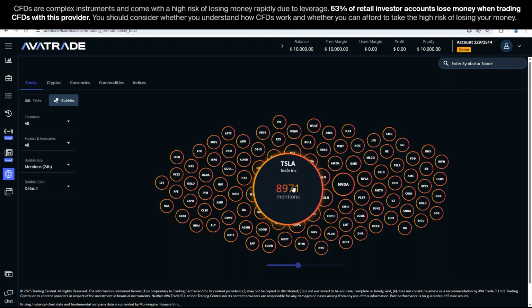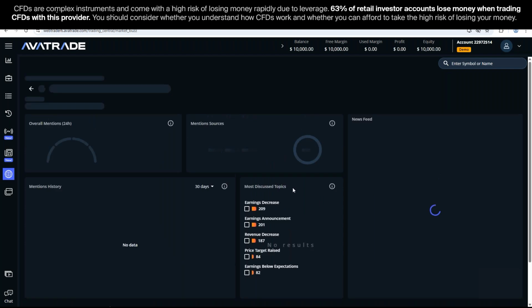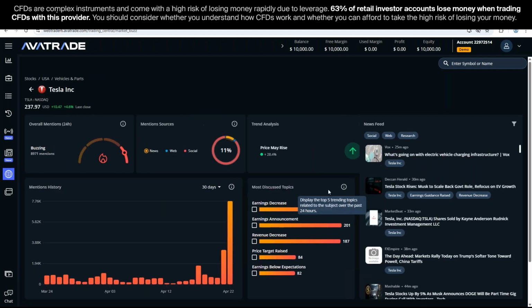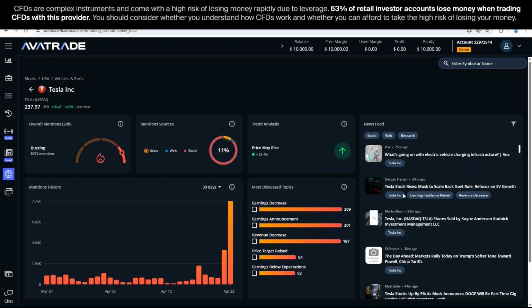8,971. What an imaginary number of mentions. You can see that it gets bigger as the number of mentions increases. We can also look at it like a table, but I'd rather use it like this. We'll click on Tesla to understand what's happening with it. And we can see specifically here that we have different most discussed topics. And there is a news feed here, and if we don't want to read everything, but we specifically want